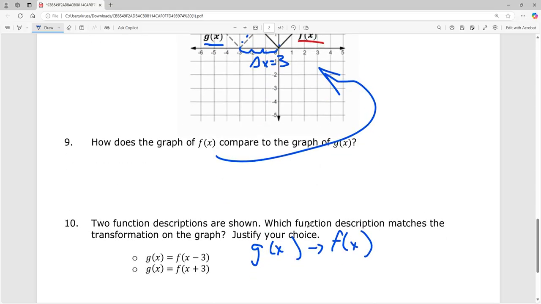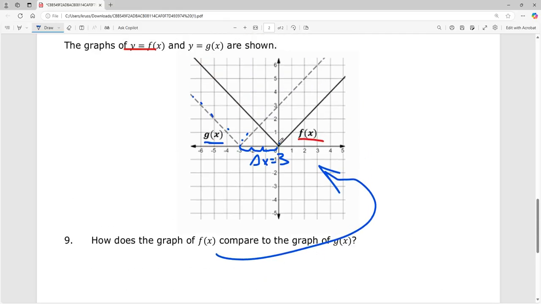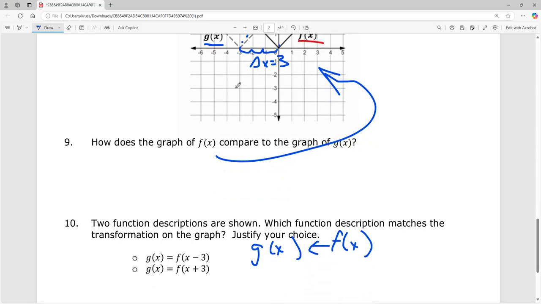Or actually, sorry about that, it's a little confusing. I'm actually going from here to here, because I'm figuring out what g sub x is. So if g sub x is going to be compared to f sub x, I'm going to be shifting it this way, to the right, which makes me want to add it, but I actually,